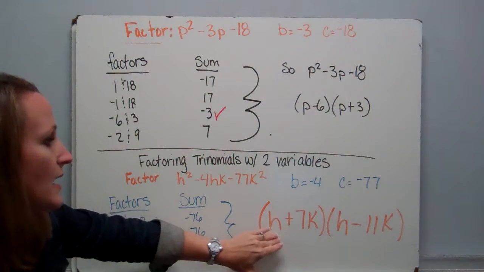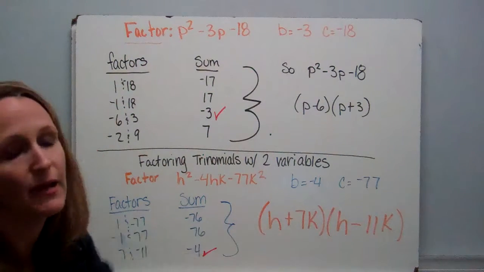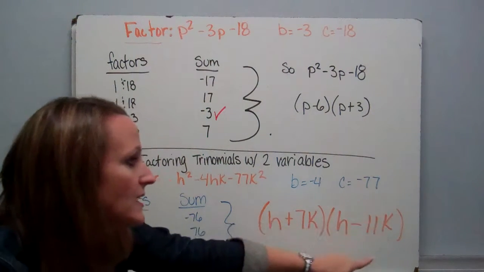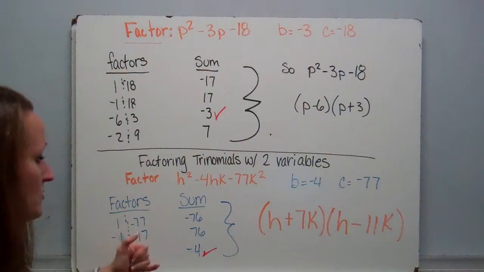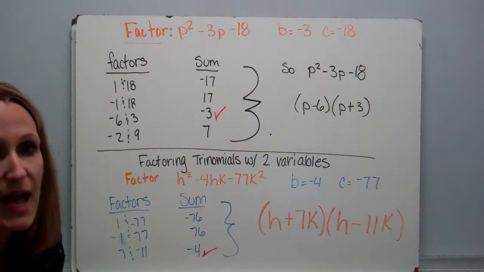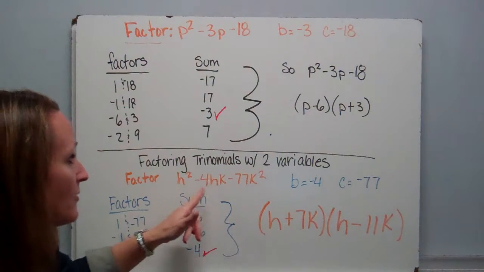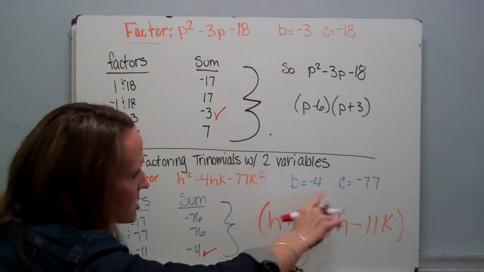I've got H plus, because I have positive 7, I just put my K on the end. And then I did H minus 11, and again, I added a K to the end. So once I find my two numerical factors, I just add that variable, that extra variable, onto the end of it. So that as I multiply through, it's going to automatically pop in here, because if I multiply H times